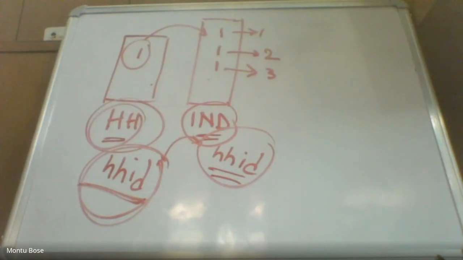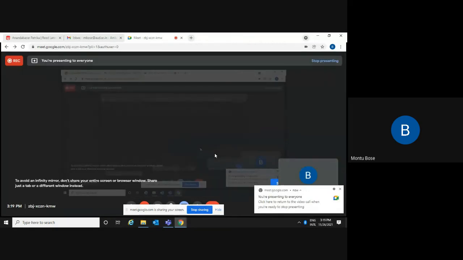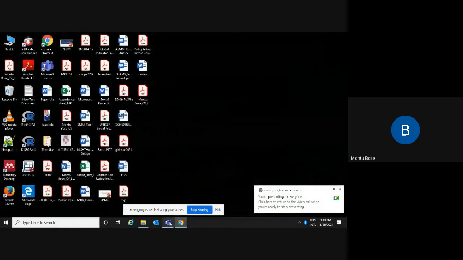Using our Stata file, let me share my screen so that I could show you how to use Stata to merge the data files.